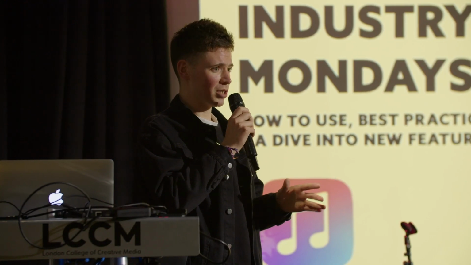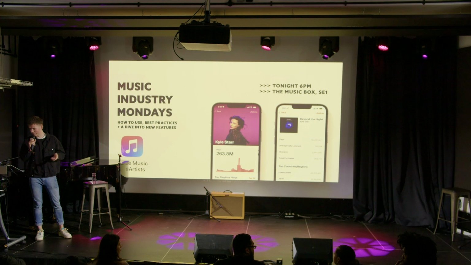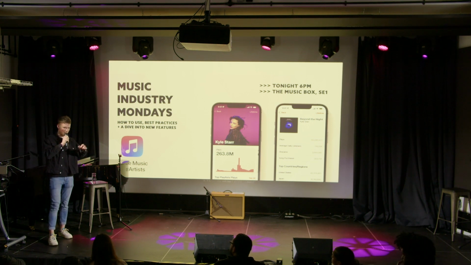Okay, so just to do a quick survey of the room, who in here is an artist or a creator? Put your hand up. Properly put them up. What about managers or working with an artist? Okay, cool. That's a good split. Those of you that are artists, do you handle the distribution and putting your music out and looking after it, marketing it as well? Some of you saying yes, some of you saying no?